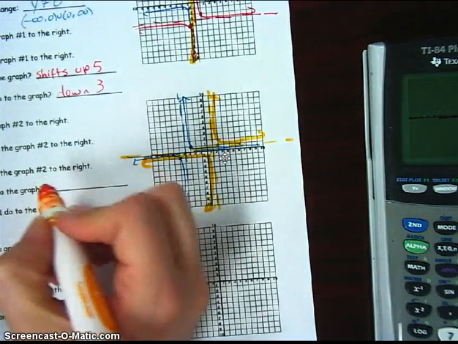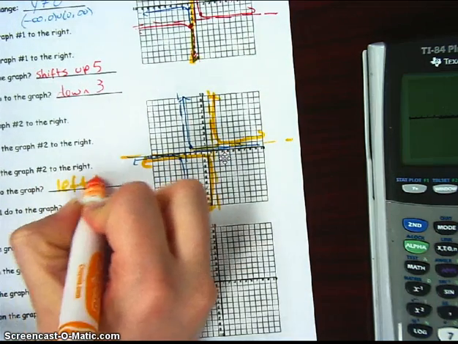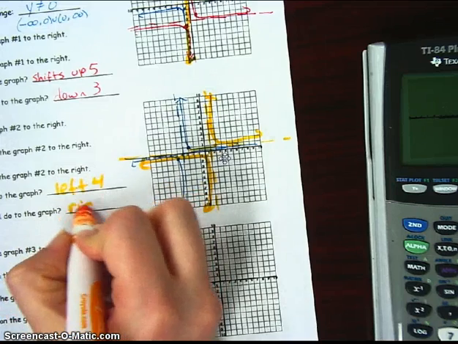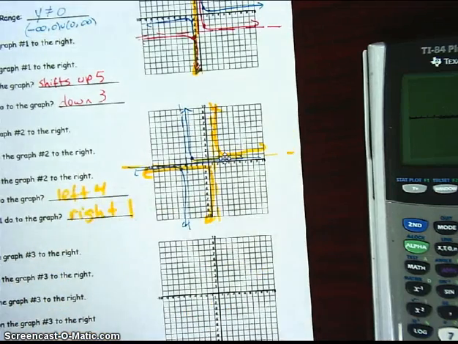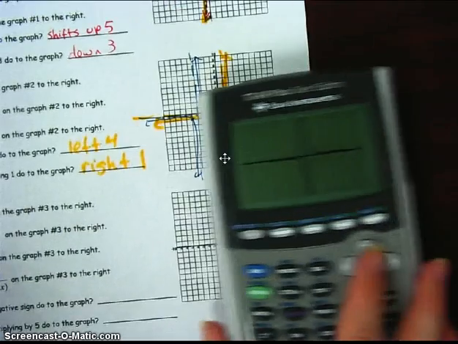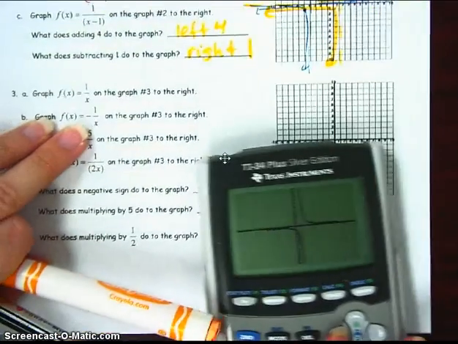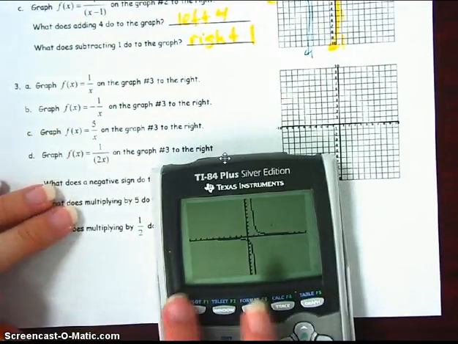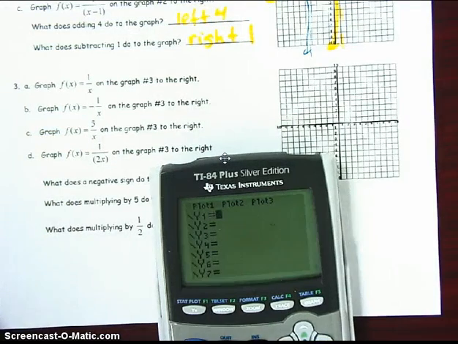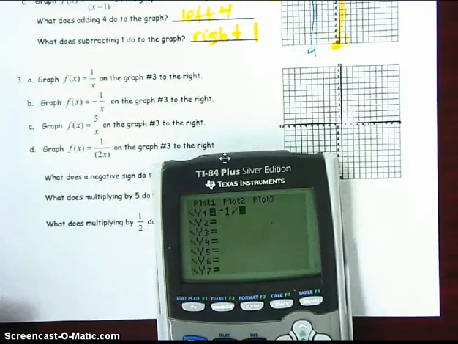Okay, so adding 4 went left 4. Subtracting 1 went right 1. Okay, so now we're going to look at what happens if we put a negative in front of our 1 over x. Sorry. So if we've got y equals -1 divided by x,